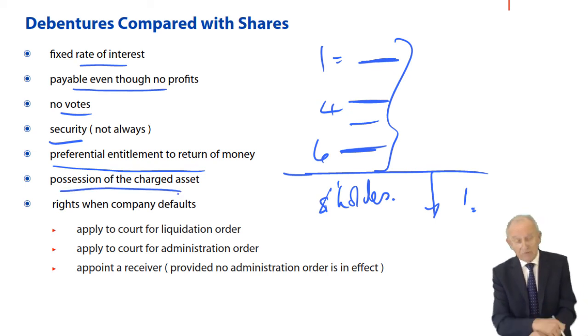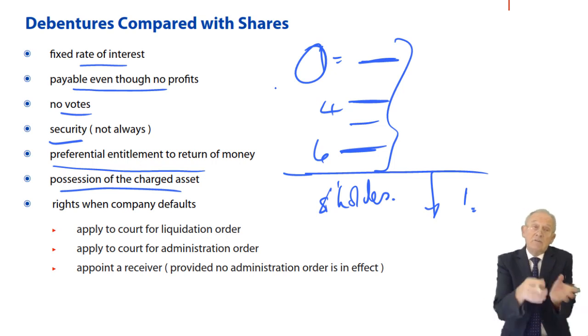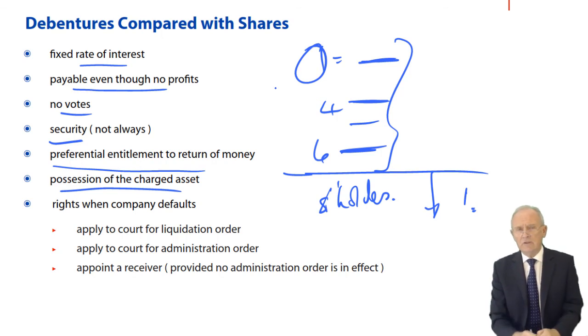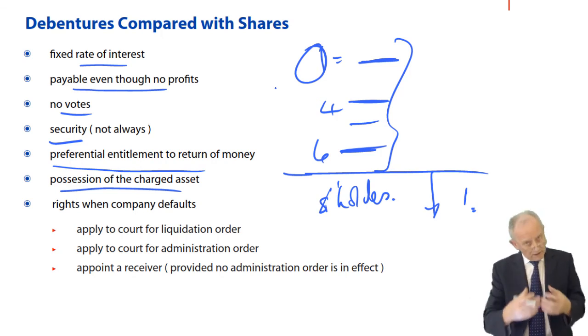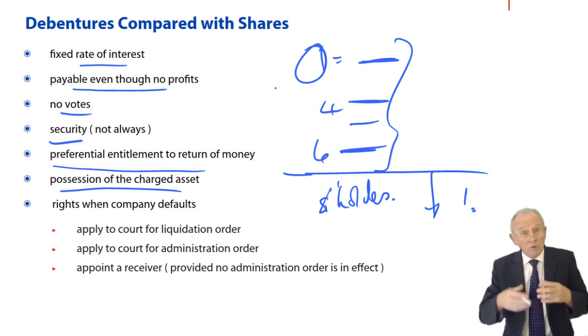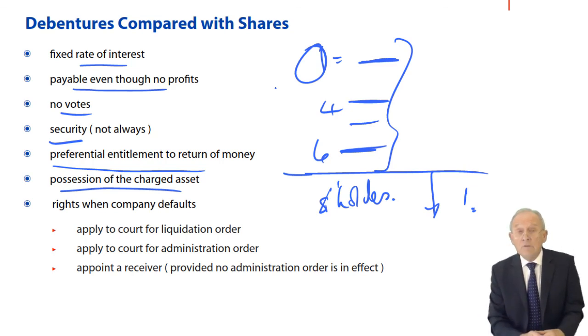They can take possession of the charged asset. These fixed charge holders take possession of the whole of title deeds. And along comes the liquidator and says, can I have the title deeds for the building? And they say, no, it's our building. The charge is crystallised. We're taking our security. And the liquidator may say, well, look, give me the title deeds. I will, because I'm experienced in this, sell the building for you and I will pay you out of the proceeds. I will pay you what money there is available to repay your debt, your interest, and I'll take the costs of realisation.